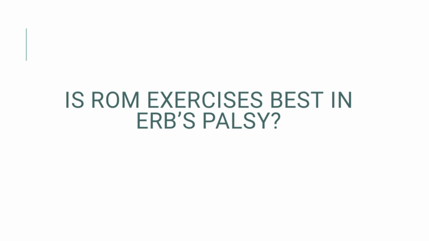In this lecture we discussed brachial plexus injury, the most common being Erb's palsy. It is an upper trunk injury, C5 C6, and in this condition we can go for stretching and all the range of motion exercises of the upper extremity, and bring the child to independent activity of daily living.